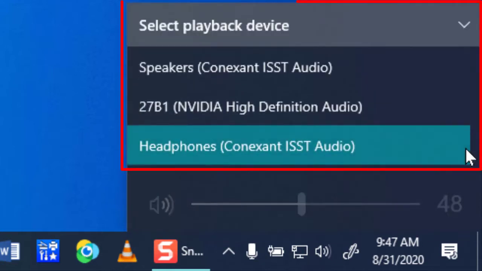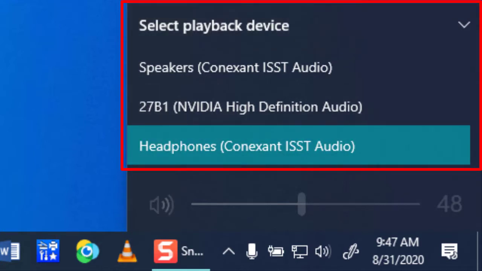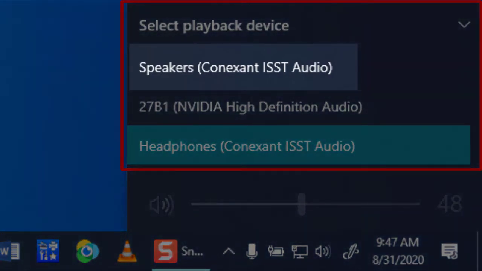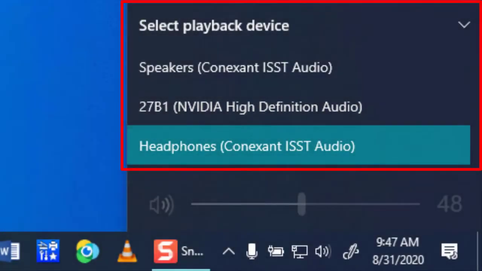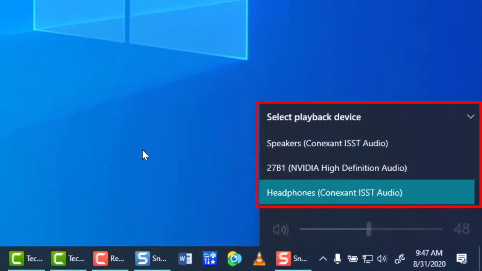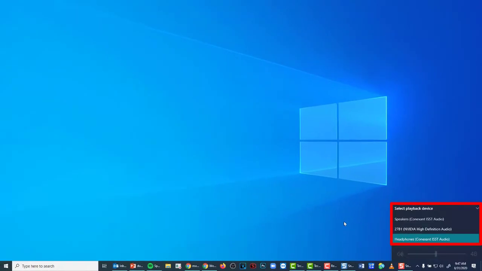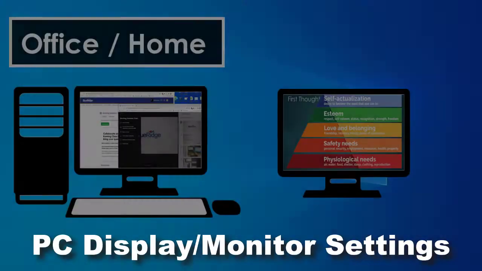This will vary according to your space and your equipment, but if you're using the same space and equipment regularly, you'll begin to recognize them. For instance, I have speakers at the top of this that are the built-in speakers with my laptop. The second one down is actually an HDMI out that goes to another monitor that also has a speaker. And then I also have a headphone jack, and that's what I'm using presently. Being conscious of these controls will allow you to select the best audio output or speakers for your situation.